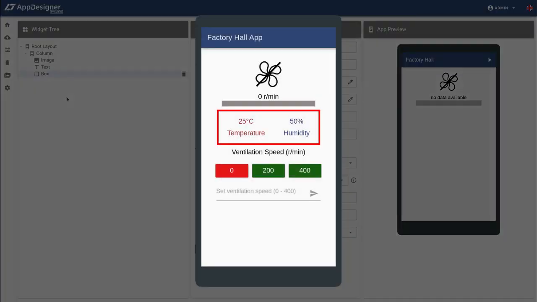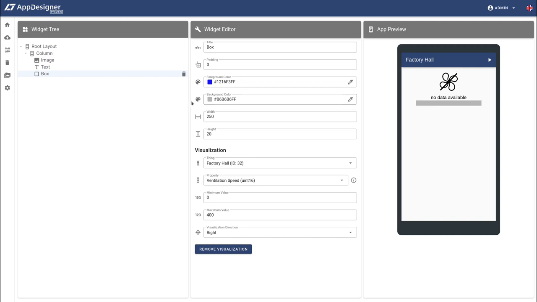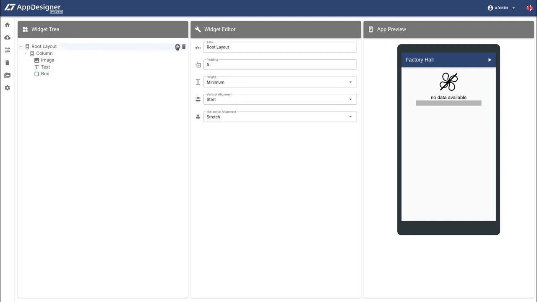Now we want to display the sensor data for temperature and humidity side by side. As mentioned at the beginning, a row layout widget is suitable for this. We will add one to the root layout widget. Here we have to make sure that we actually select the correct parent layout widget. The sensor data is not part of the ventilation state, so we add it one level higher to the root